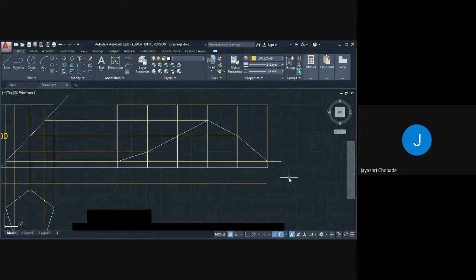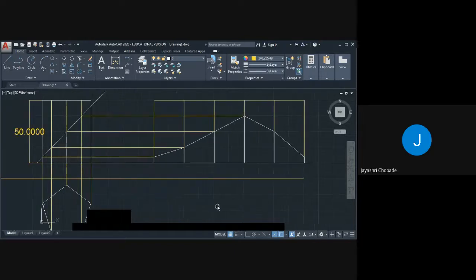Here we will remove this projection line because this portion is dark. So in this way we can draw development.